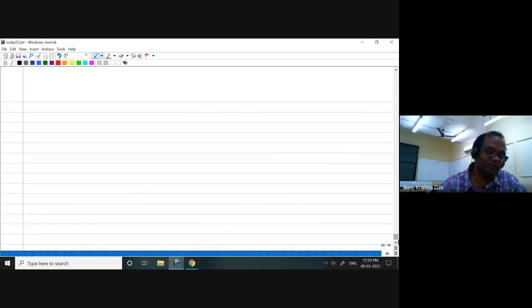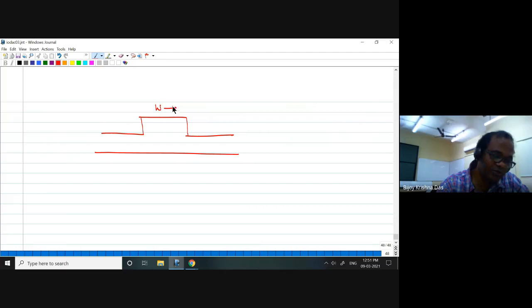There are some limitations in this type of waveguide structure. You cannot always solve using the method I have discussed so far. For example, you have a W, this one, and this is your small h, and this is your capital H. The way I have discussed, you can get the single mode guidance and the cutoff number of modes depending on W, H, and small h in a straightforward way.